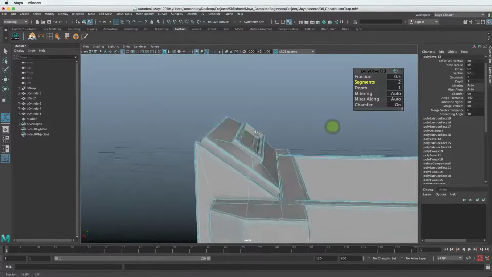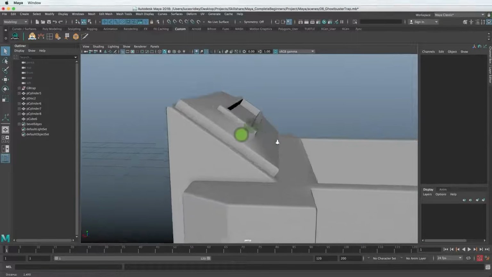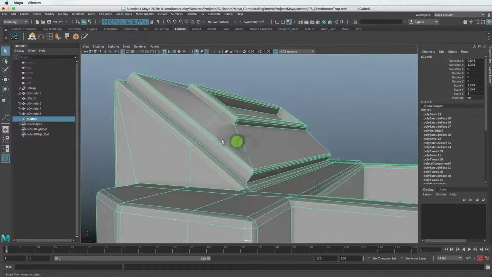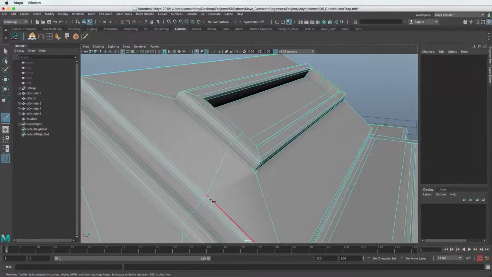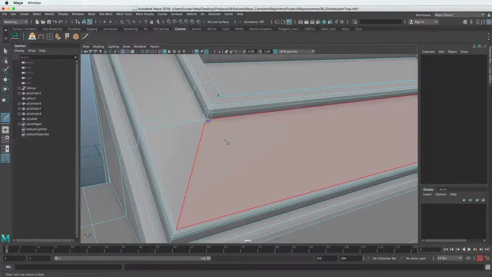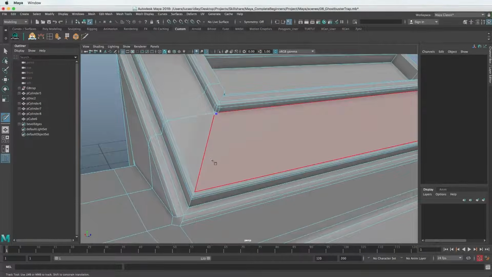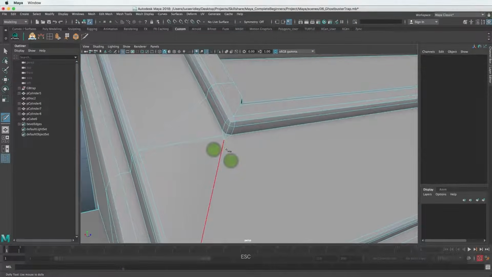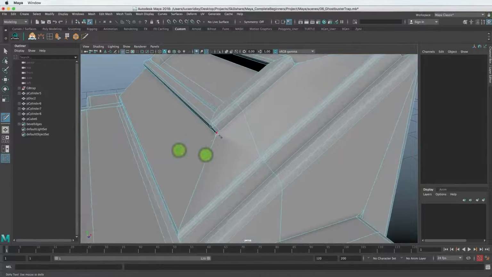So I'm just going to increase the segments there, go to object mode so I can kind of see it in shaded. And it looks like we just have like a normals issue here. It doesn't know which way to pull. The other thing we can do is add some more geometry here with the multi-cut tool, and hopefully that will alleviate some of the normals problems. Because as I mentioned earlier, Maya doesn't really like triangles, and we just created a couple there. But if we put that down, we're going to make another one. So I might just leave that as it is. Just do these two.